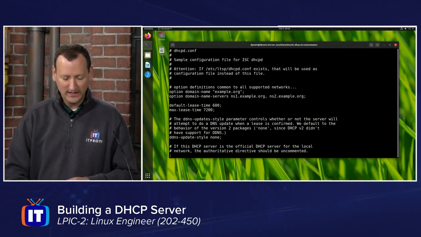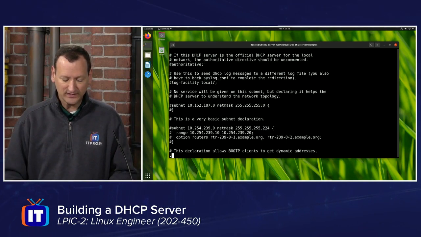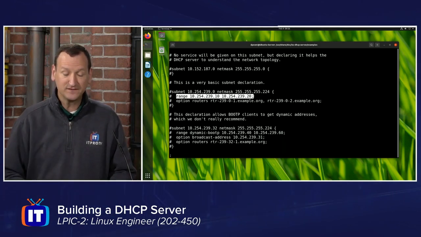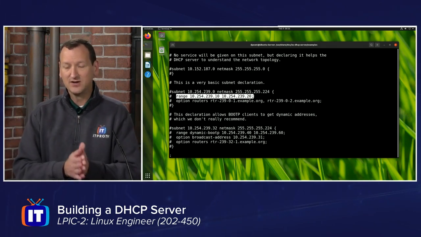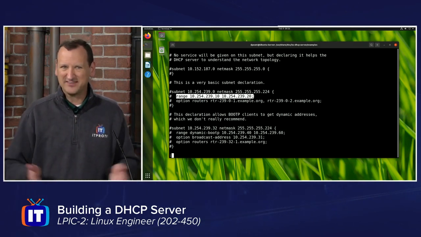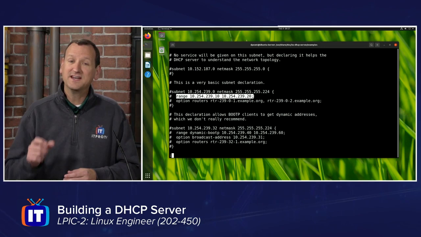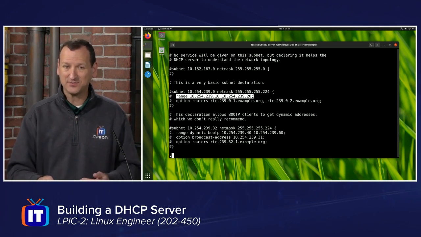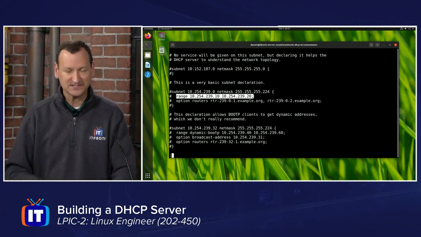it set up. As you look at it, though, you'll see where it's calling out the various things that we need to create, like an IP range. So here's an example of an IP range they're giving out, 10.254.239.10, all the way through 10.254.239.20. So 11 IPs, that's what they're handing out. They need to have a matching interface, a physical interface that matches up with that to be able to issue those IPs. So